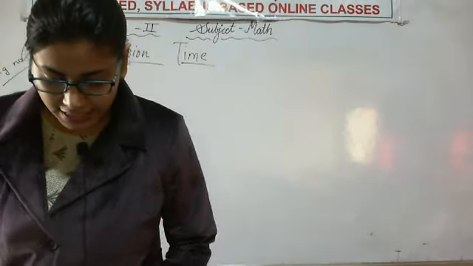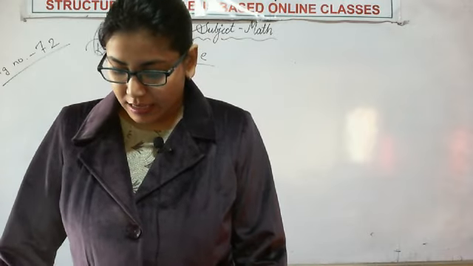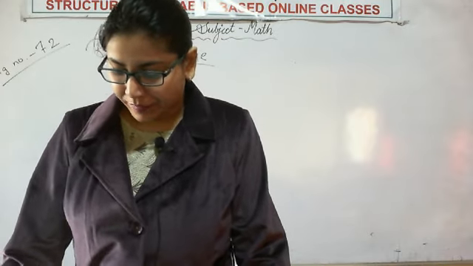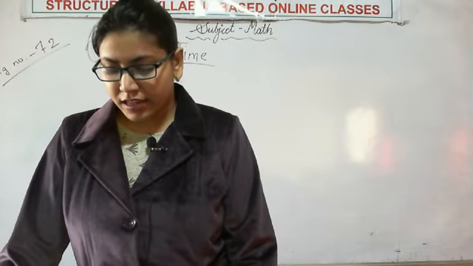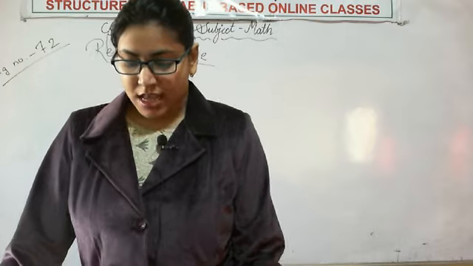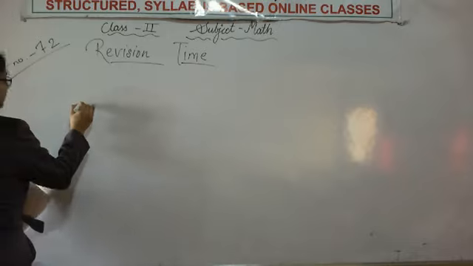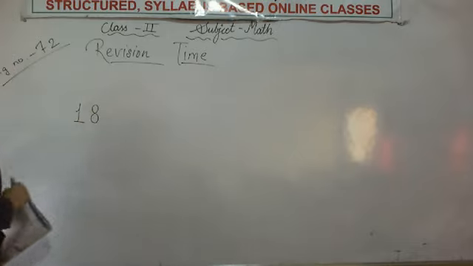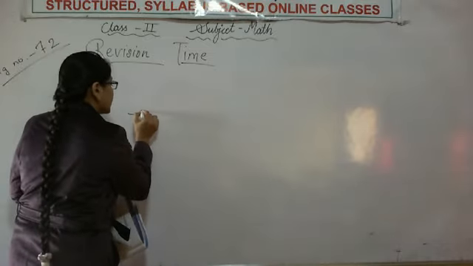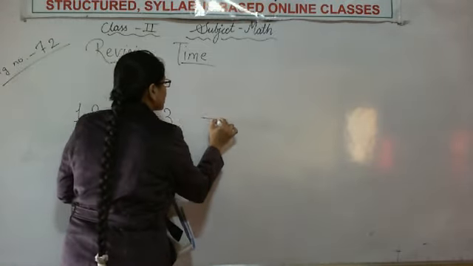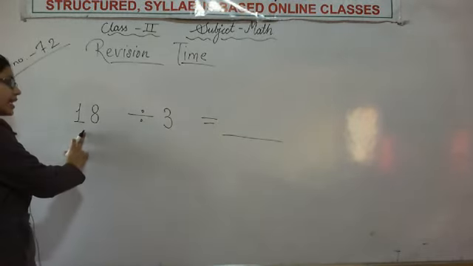Yes. Question E is cat saw a total of 18 cats moving in equal groups. If there are 3 cats in each group, then the total number of groups is. See, there are 18 cats. They are moving in groups of 3. Each group is having 3 cats. Then how many groups would be there? So simply we will divide 18 by 3.